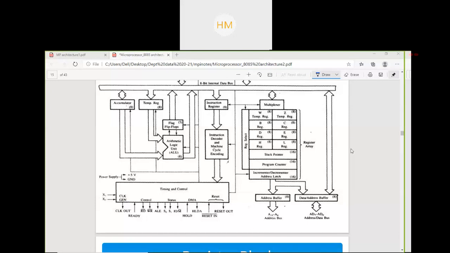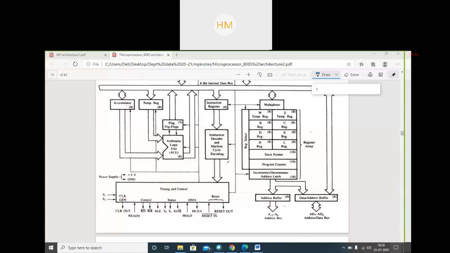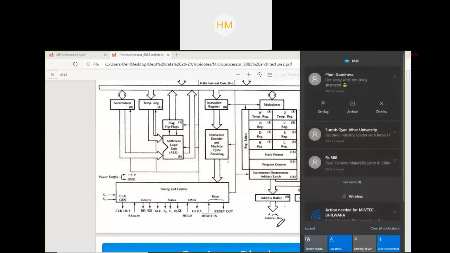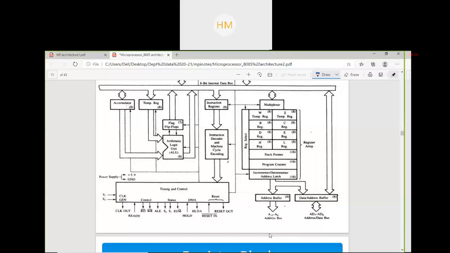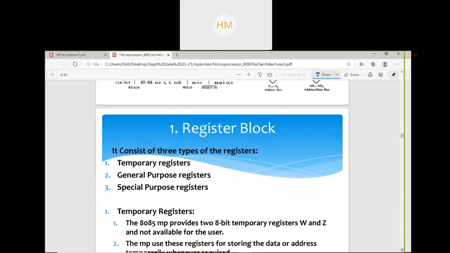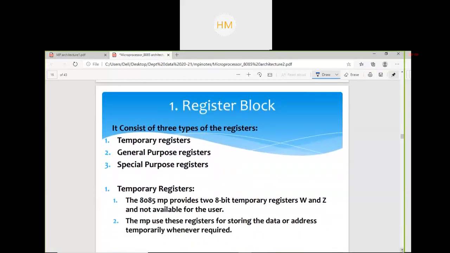So, should we move ahead? Now we will have a theoretical description. First, the register block. It consists of 3 types of registers: temporary, general purpose, and special purpose registers. What do you mean by temporary register?